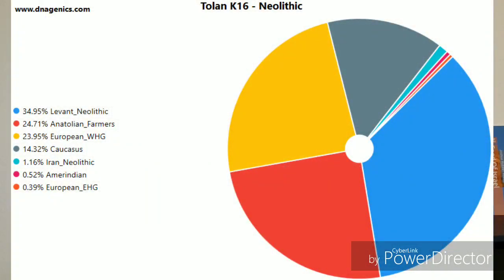Tolan K16 Neolithic. Levant Neolithic, 34.95%. Anatolian farmers, 24.71%. European Western hunter-gatherers, 23.95%. Caucasus, 14.32%. Iran Neolithic, 1.16%. Amerindian, 0.52%. European, believe it, Eastern hunter-gatherers, EHG, 0.39%. So, yeah,